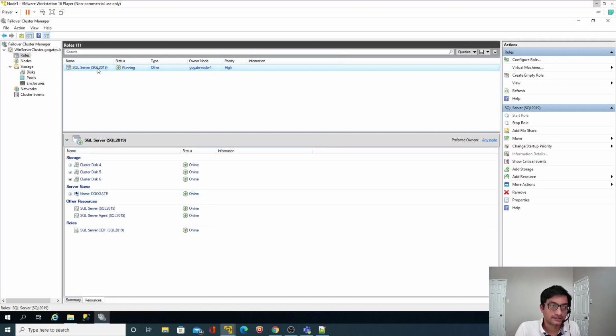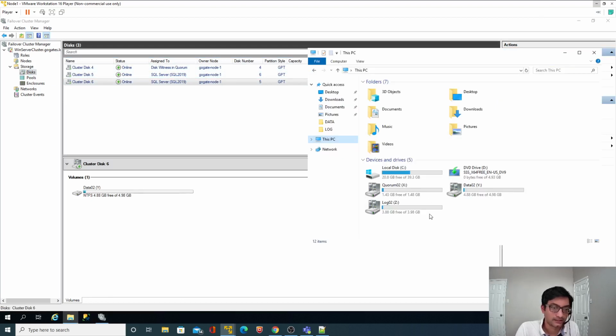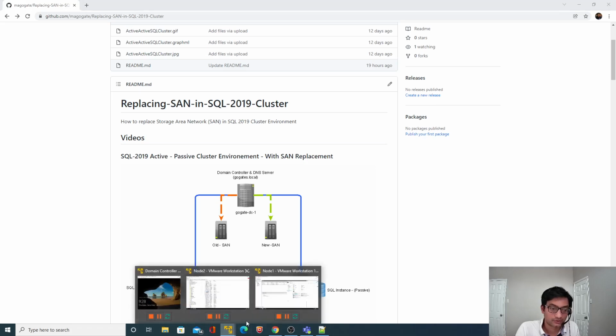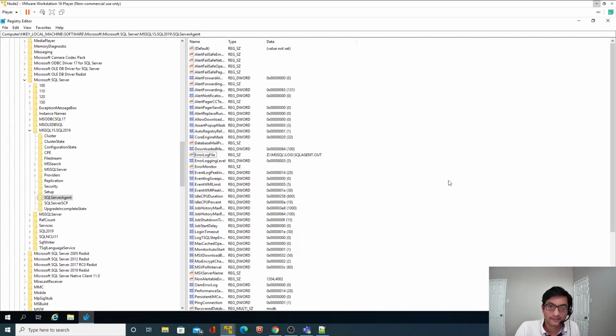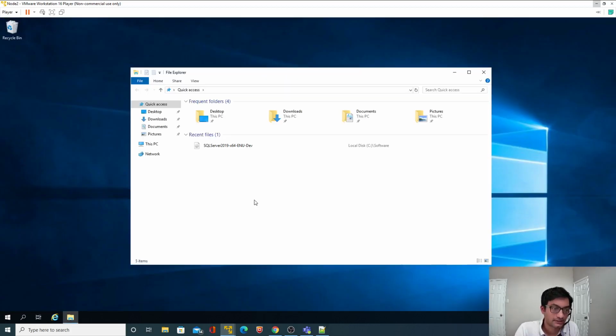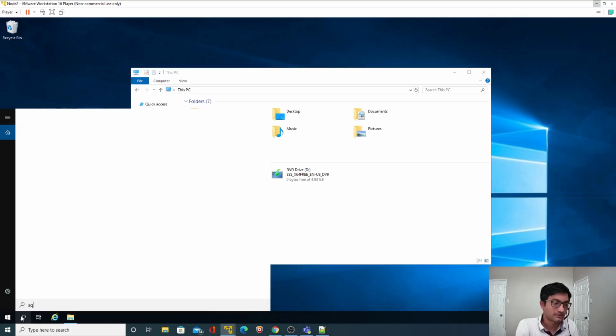As you can see, first of all, the SQL Server cluster belongs to node 1. Let's check the disks. Now even the disks belong to node 1. So if I go back here, I can see the disk on node 1. I will minimize this and open node 2. I will not see any disks here, correct? Let's check SQL Server Configuration Manager.